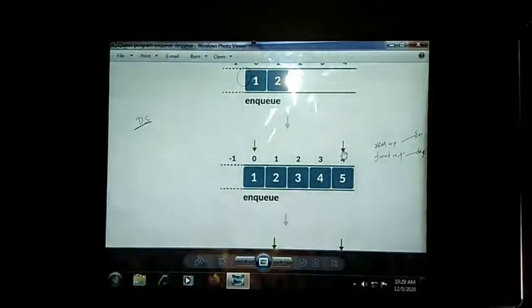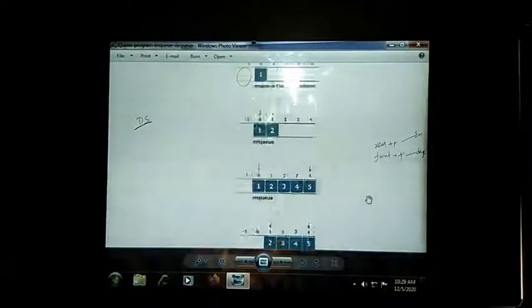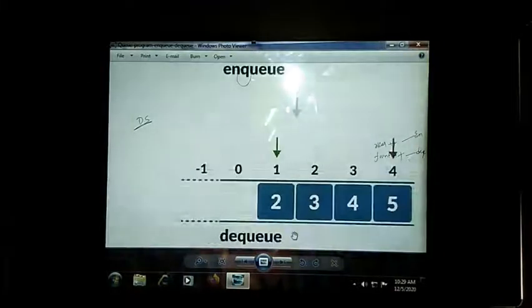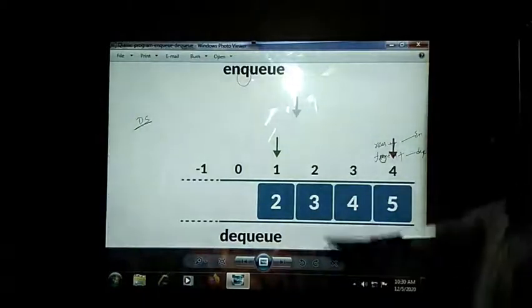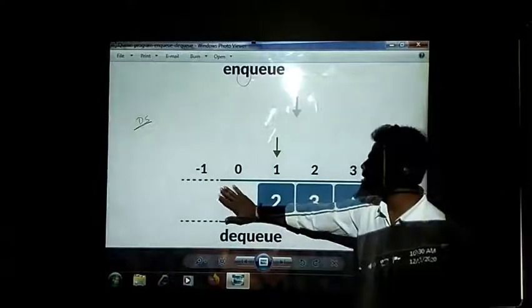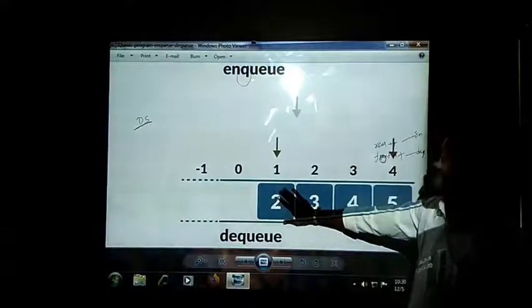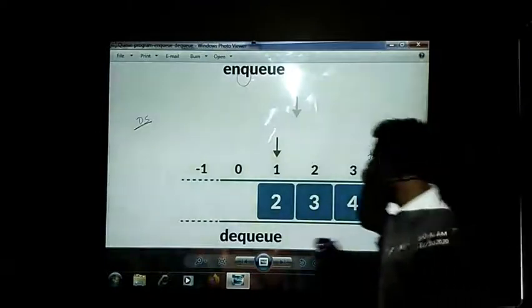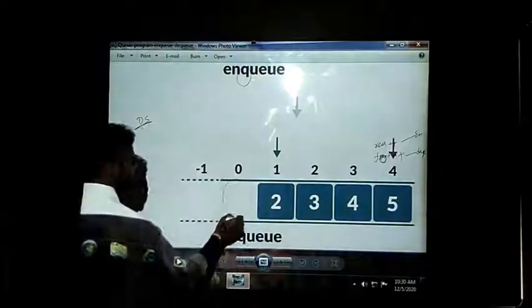Whenever I am reaching the 4th position while deleting the content from the queue, it will be incrementing the value of front. Front is represented with green and rear is represented with red here. Just try to understand, whenever I am incrementing the value of front, it won't delete the element completely, it is just incrementing the value of front, meaning the index will begin from there. So we are wasting this memory.